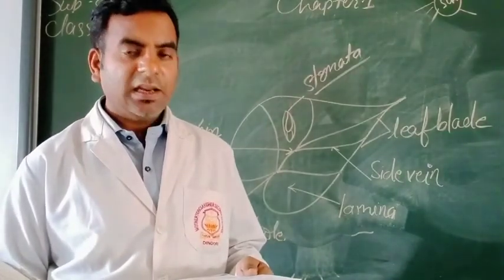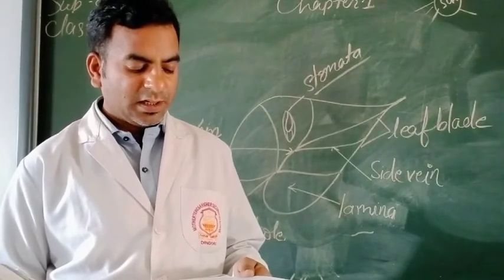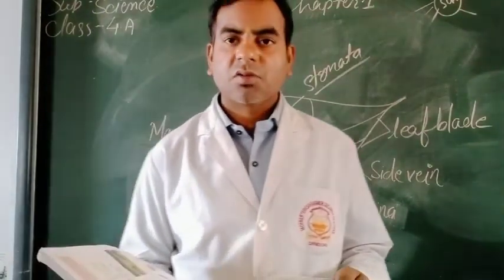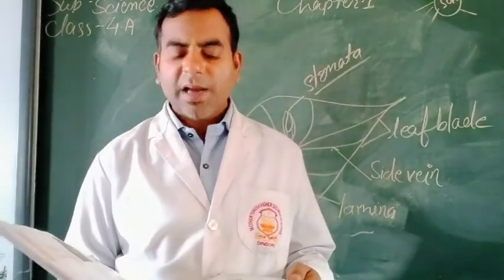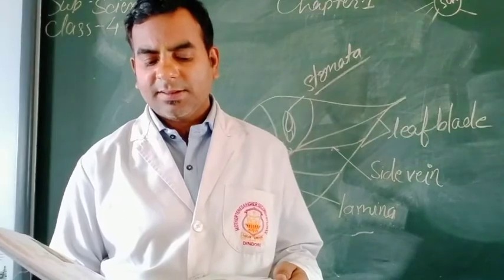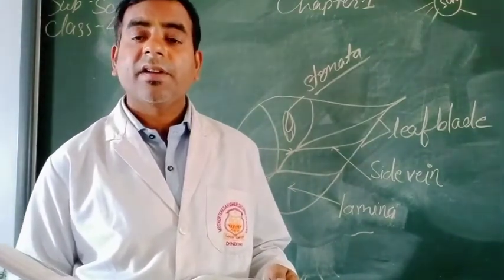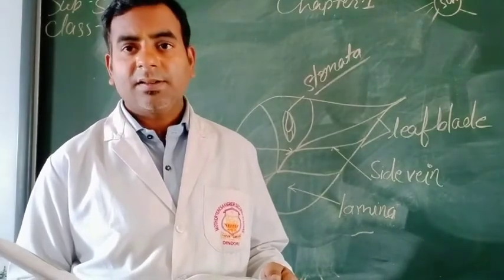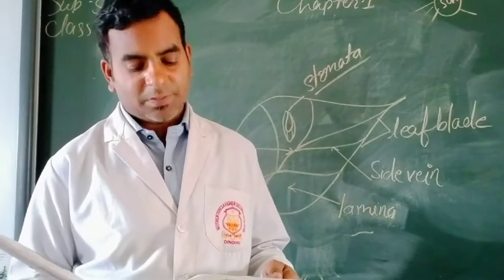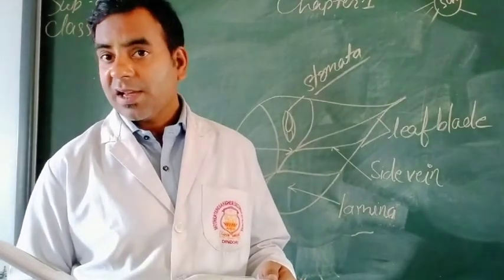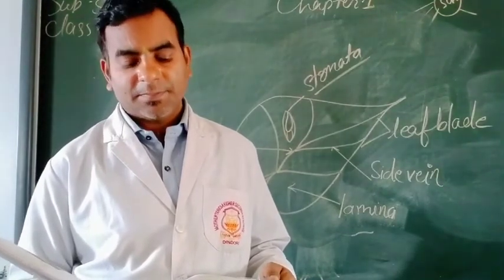Sometimes the leaf has extra water. This becomes water vapor. It also goes out through the stomata. Next, the main veins and the side veins have tiny tubes. Means tubes, you know, it's like a pipe, a water pipe. The main veins and side veins have tiny tubes inside them.